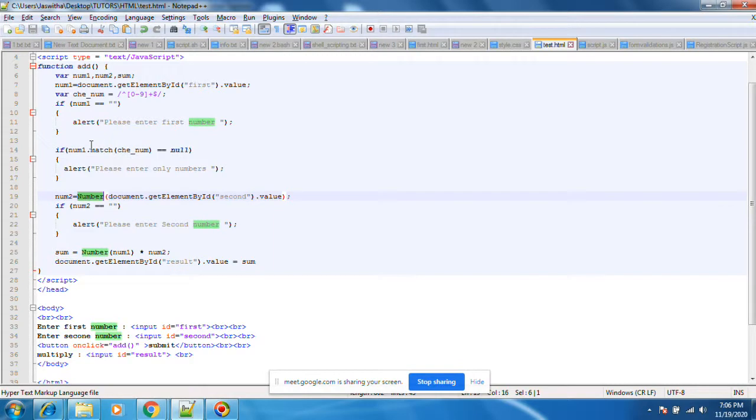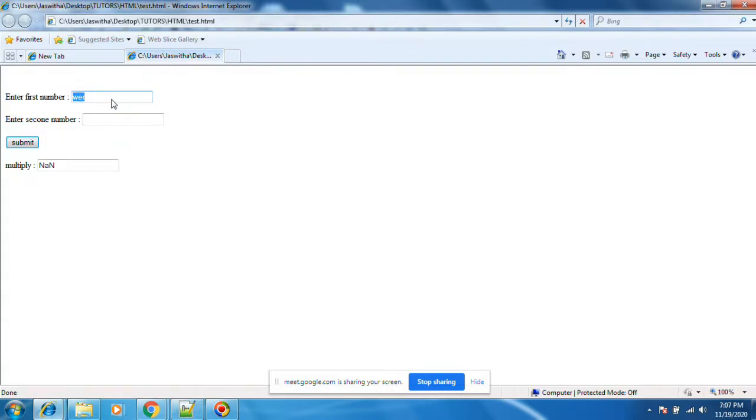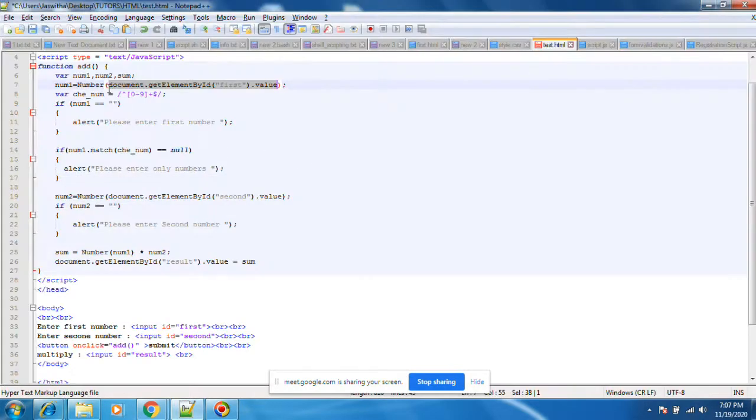Earlier we had kept this as a number. Earlier it was like this. By default, whatever value we have entered here will be a string, whether it is a number or anything else. How do we convert the string to a number? Just use Number. We'll do the conversion at the end.